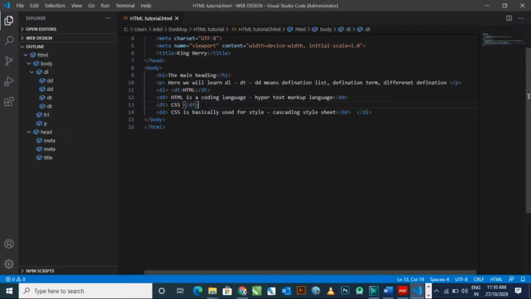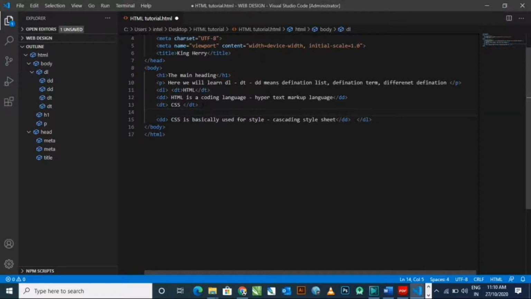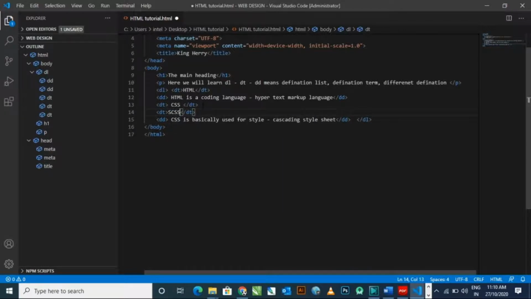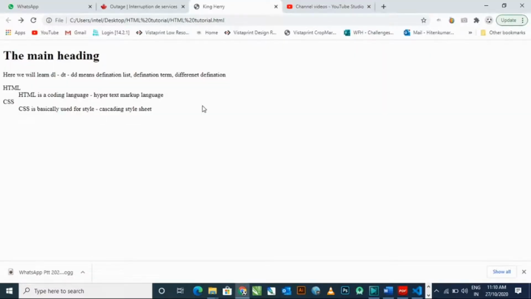Now what next? Now I will cover some of the points, some website links which you want to redirect to, like social media links. Here you can put two words with one description.